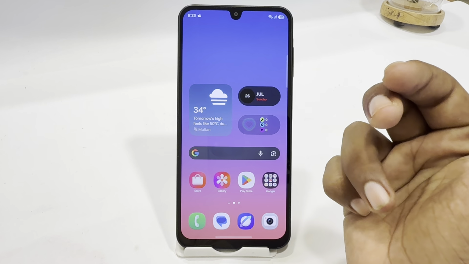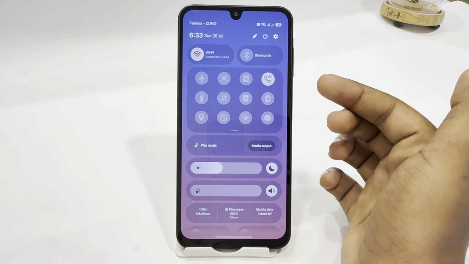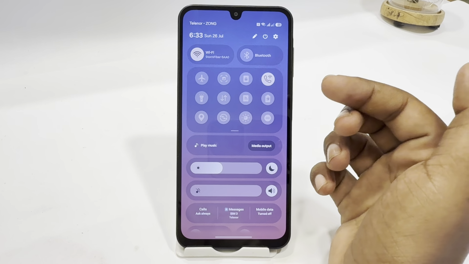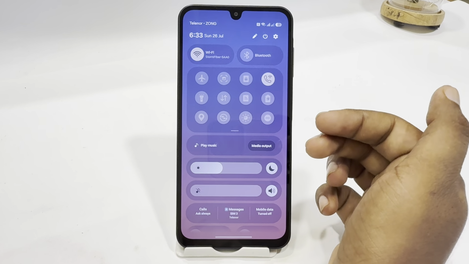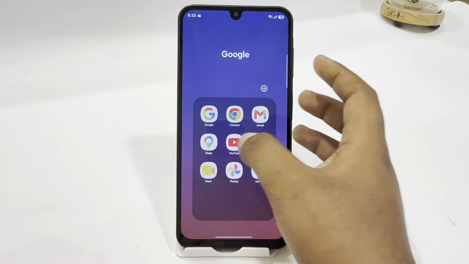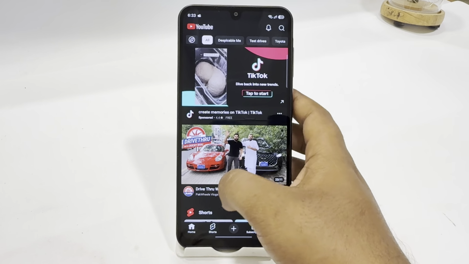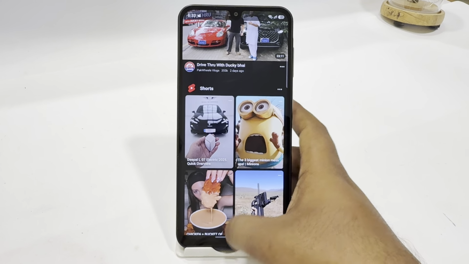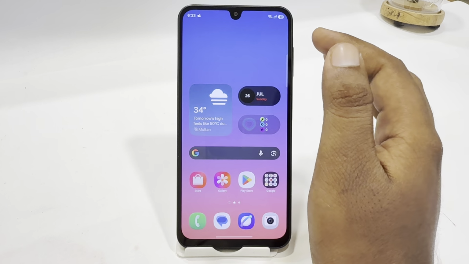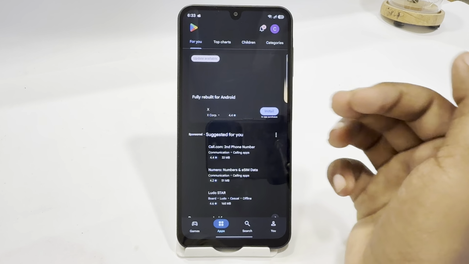After clearing cache, before you retry to open your Play Store, you just have to scroll down and make sure that you are connected to internet using your Wi-Fi as well as data. And you also have to make sure that your internet is working well, like your internet is smooth and fast. You can try to open your YouTube app or any other website to check if your internet is working or not. If your internet is working well and you're still facing the same issue with your Play Store,